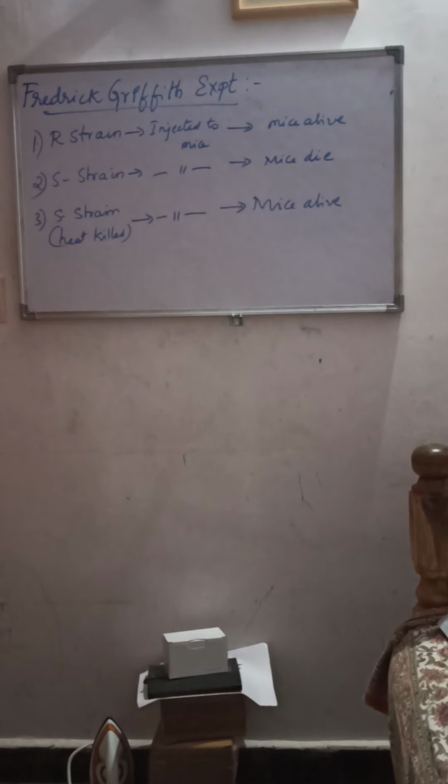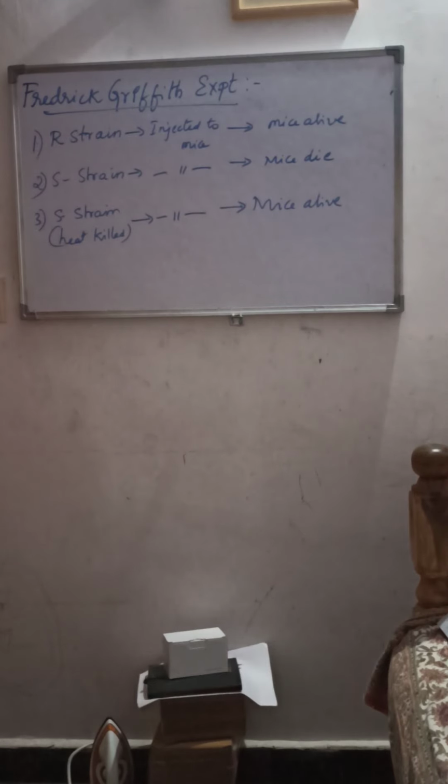Why was this experiment done by this scientist, Frederick Griffith? As you know, in most organisms DNA acts as the genetic material, which is responsible for the hereditary character. With this experiment, Griffith wanted to prove that DNA is the genetic material, or the transforming principle. This transforming principle was put across by Frederick Griffith using mice. Now let us study what this experiment is all about.